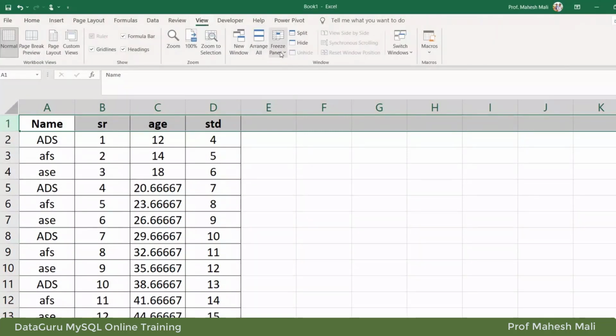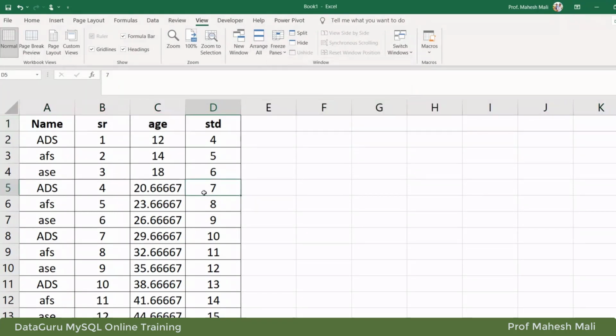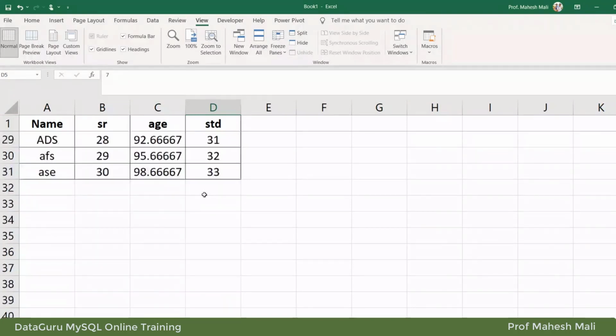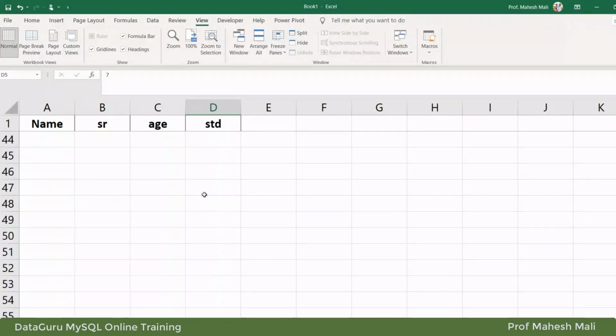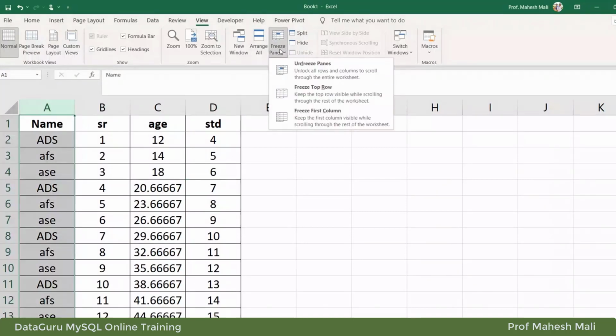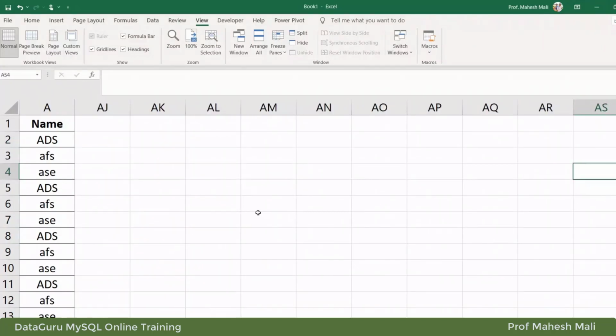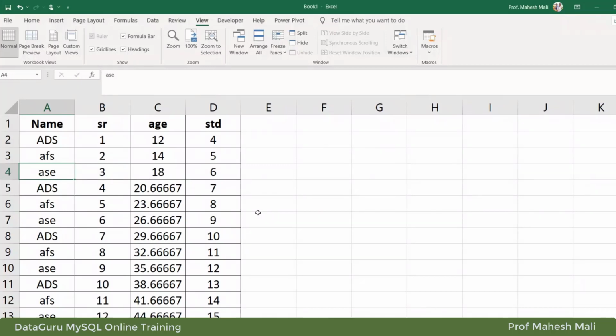Then there is an option called freeze pane. You can freeze multiple rows or you can freeze the top row. Now see, the top row is frozen over there. It is always visible. If I want to freeze my column also, then I can freeze the first column. Means if I go further, still my first column will remain. So that is how freezing works.